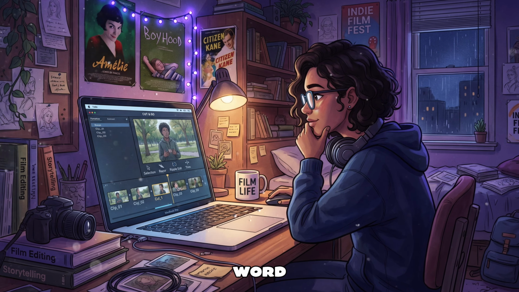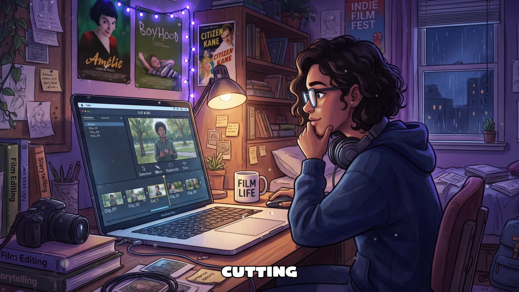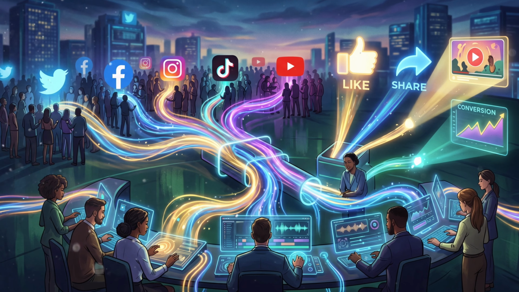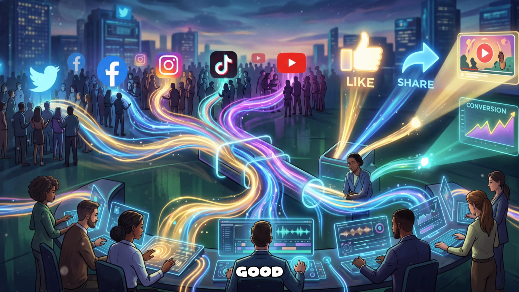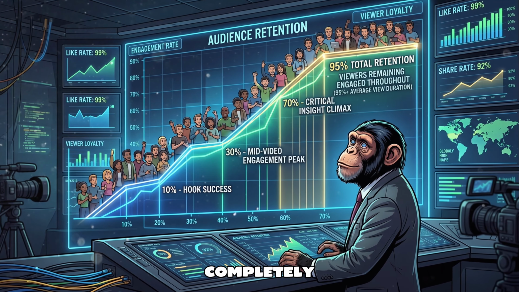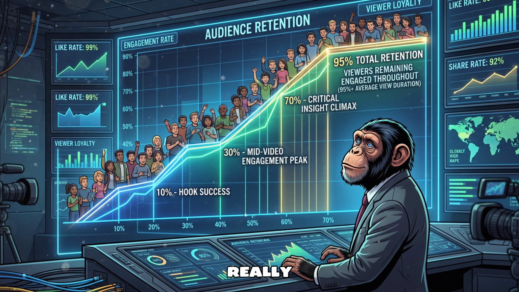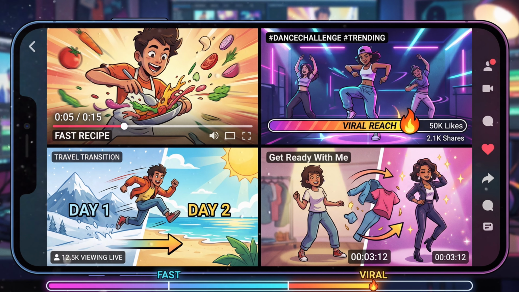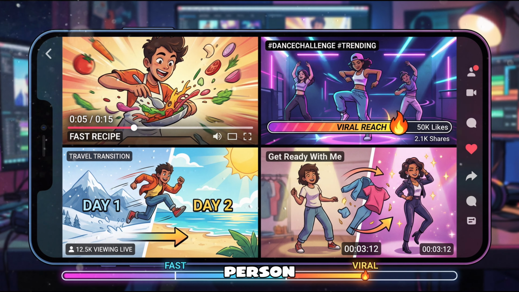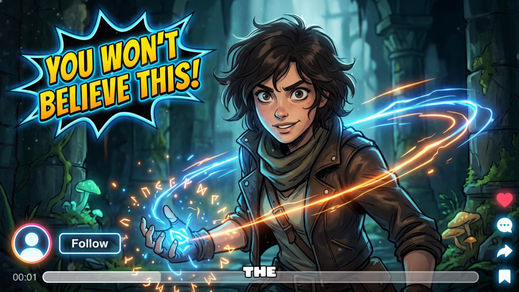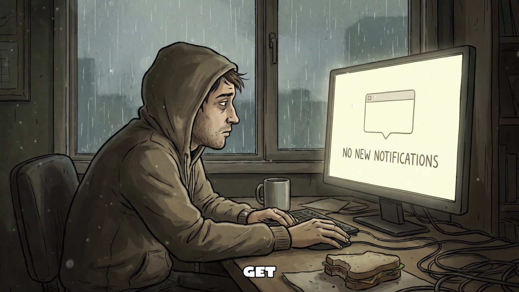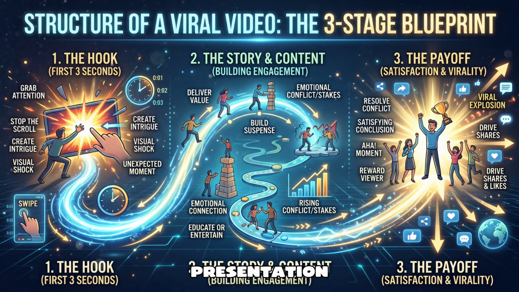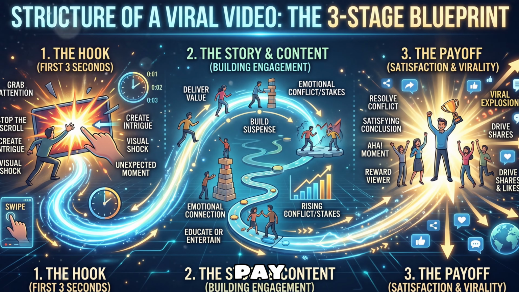When most people hear the word editor, they imagine someone cutting videos, adding music, creating beautiful transitions. But in 2026, a good TikTok editor does something completely different. What is it really? Think about it. If two people record the exact same story, the camera is the same, the person is the same, the topic is the same. Why will one video get 500 views and the other 500,000? The difference is in presentation. This is the difference clients pay for.